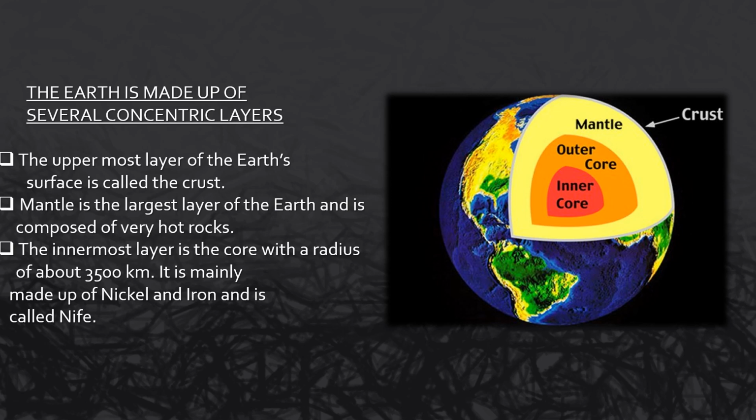Just beneath the crust is the mantle, which extends up to a depth of 2900 kilometers. It is a thick layer of rocks. Mantle is located between the crust and the outer core. The upper layer of the mantle is known as asthenosphere. The outer core is a liquid layer which is mostly made up of iron and nickel and is known as Nife. This is a liquid layer and so it moves around the inner core. Inner core is a solid ball which is made up of two metals, that is iron and nickel, and it has very high temperature and pressure.